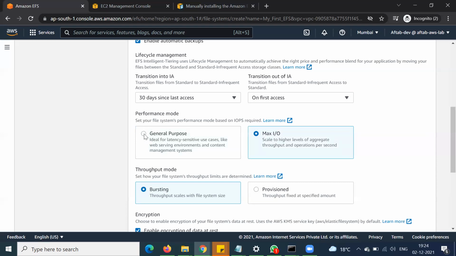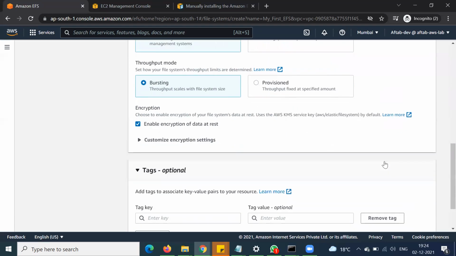For this lab, we can use general purpose. The throughput mode is also of two kinds, bursting and provisioned. Let's keep this as bursting, and encryption is enabled by default.